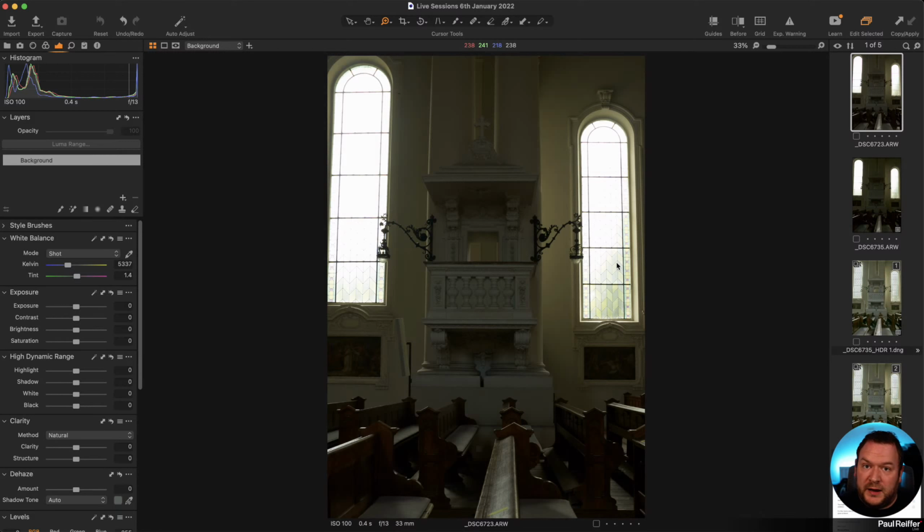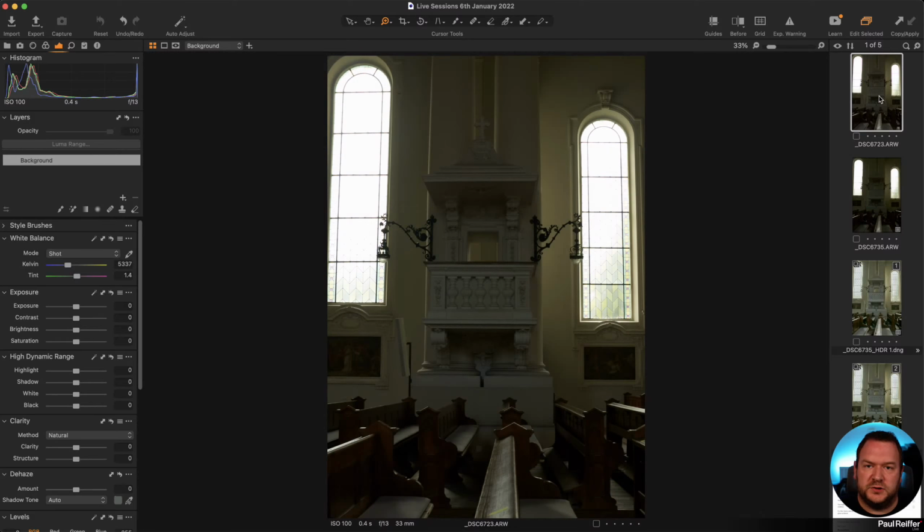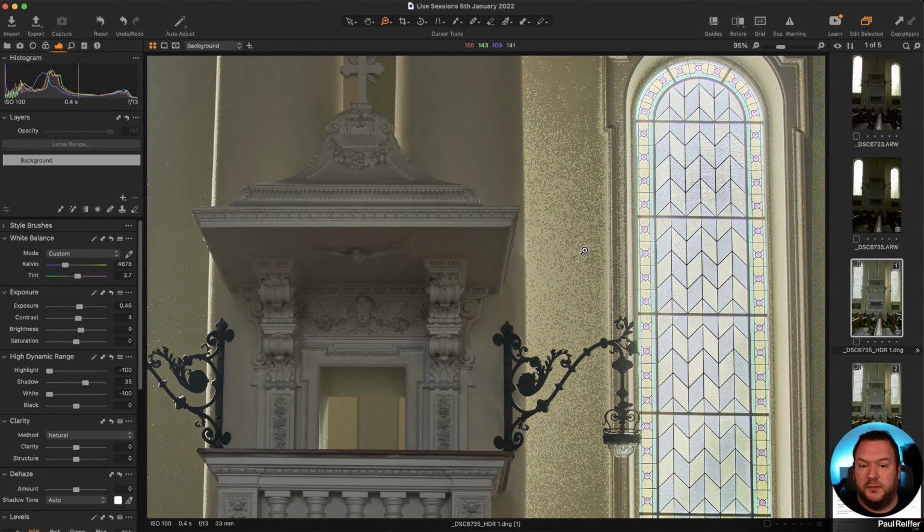But also two different apertures, which means you've got different depth of field. It means you've got potentially a different focal plane, depending on what the autofocus was picking up, and two different focal lengths. Slightly, granted, 33 to 32, but it is two different setups of picture. So I'm not surprised that Capture One is delivering a less than perfect result. It's going to do that if all those variables change.